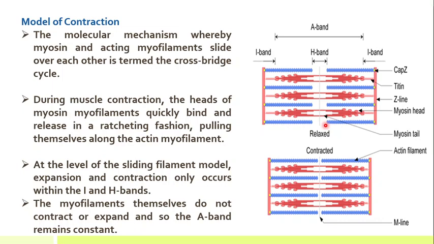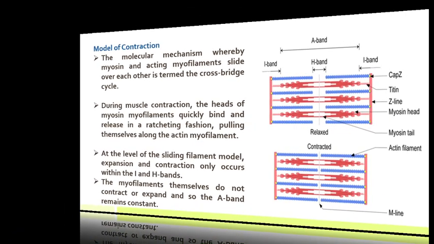the overlapping of myofilaments and actin filaments takes place at the time of contraction, and this contraction takes place with the help of these myosin heads. These heads bind to the actin filament and come forward. Again the next head attracts towards the actin filament, binds here and comes ahead, and in this way the overlapping takes place and the gap between the I bands and the H band gets reduced. This stage is called the contraction stage, and it occurs with the help of these myosin heads. See the next slide now.